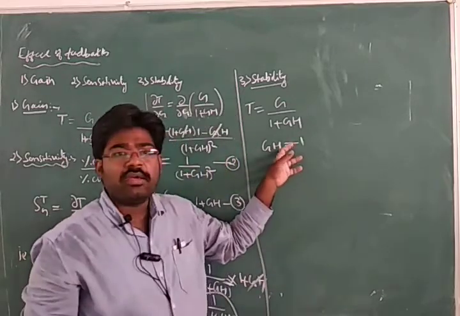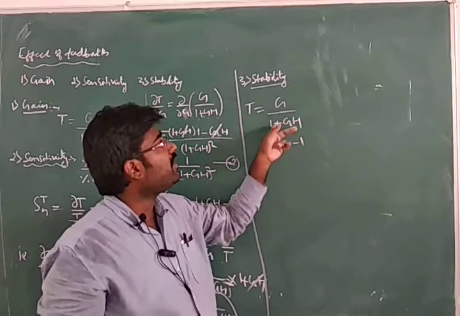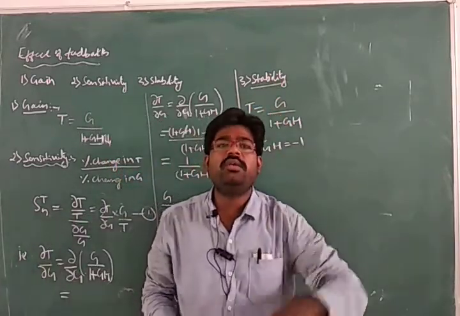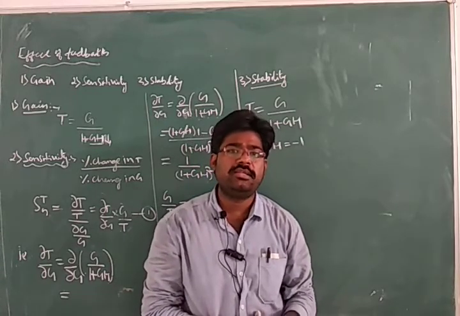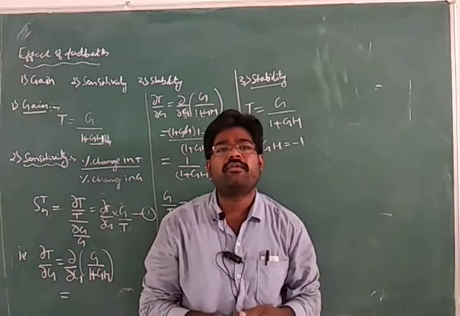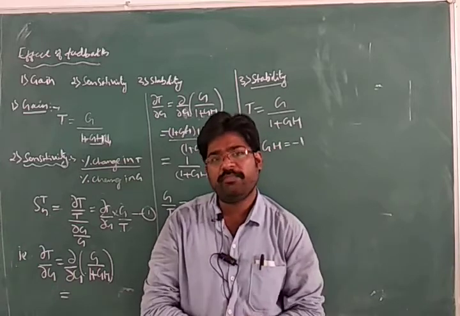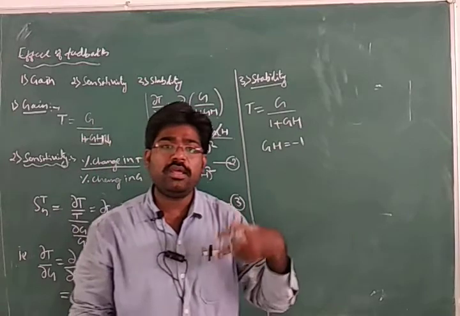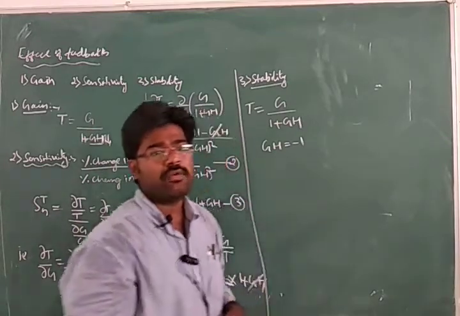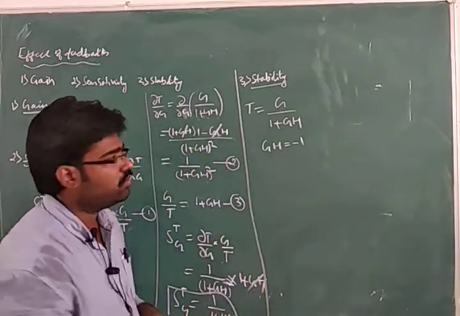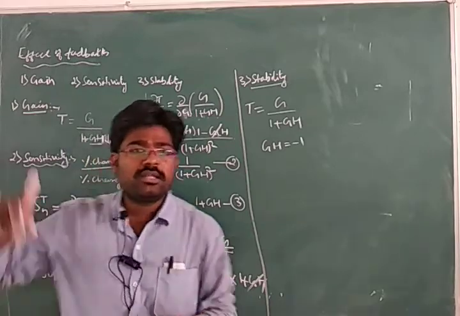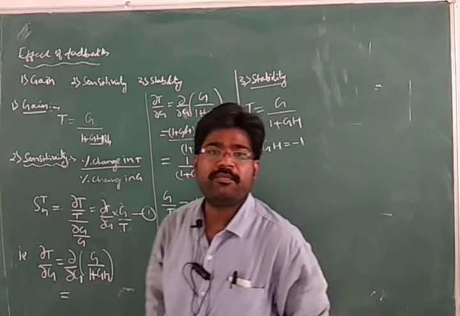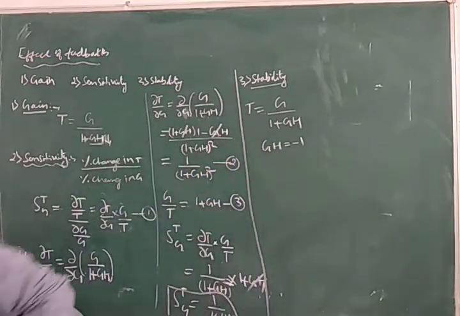So in this way, feedback affects stability also. So we have to give the utmost care in designing the system towards the feedback. We have to design feedback very carefully to keep all those things under control. Then only will the control system perform very well. The output will be in our control. Okay, so these are the 3 factors which are affected by the presence of feedback in the system.